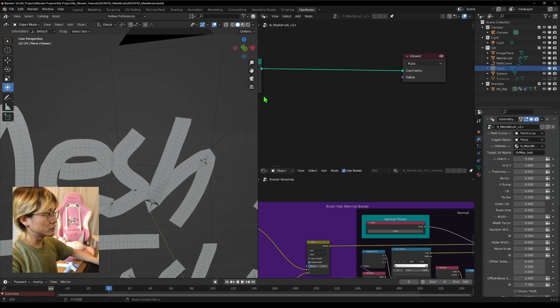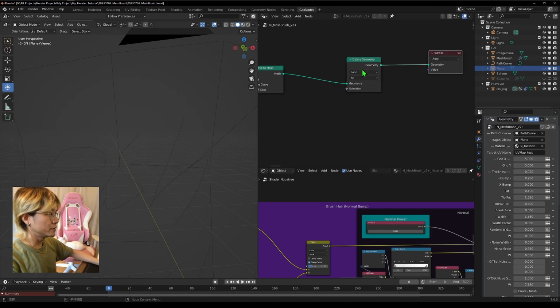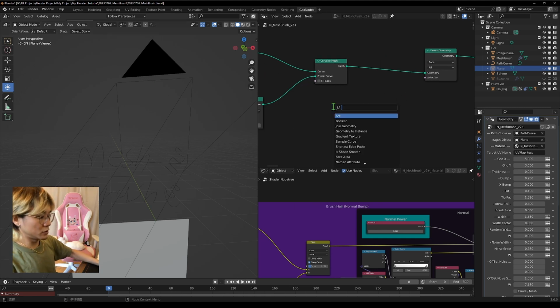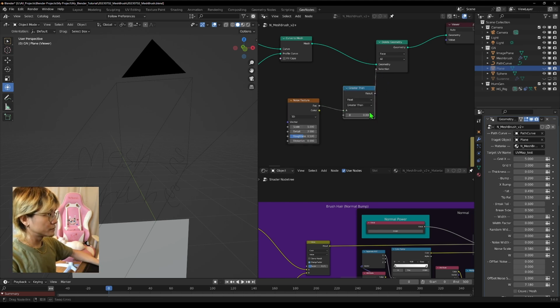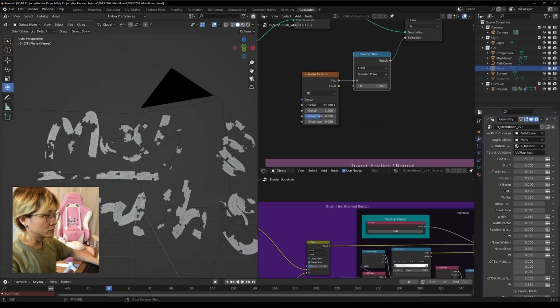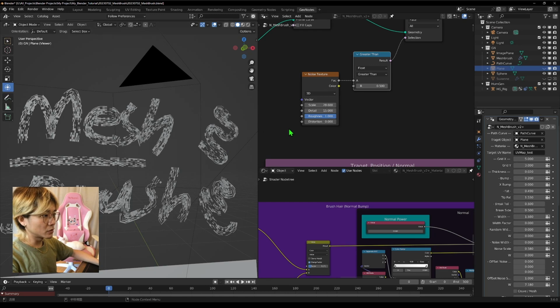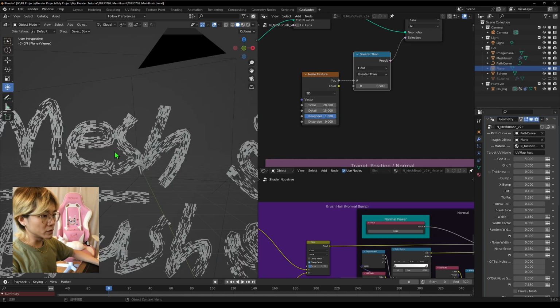and let's use delete geometry. Set this to be face. And actually we delete everything, but that's not what we want. We just need to delete some part of it, so maybe we can use a noise texture and use a compare to 0.5 and make it more detailed. Okay, so now you see we do delete some part of it,